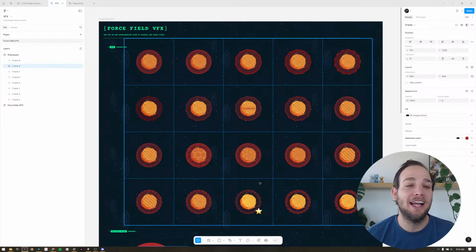But whenever I have time, I always think it's fun to share the process with you guys and share what I'm working on. So yeah,